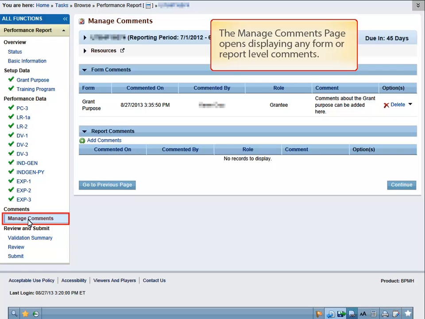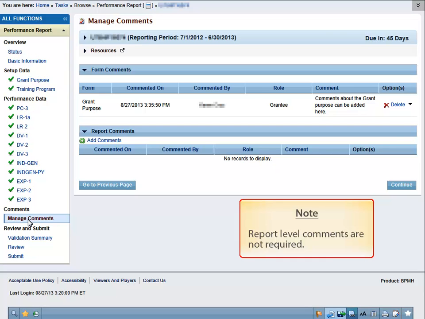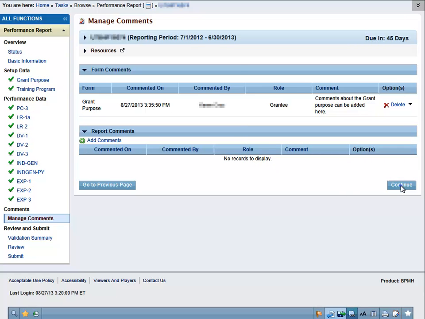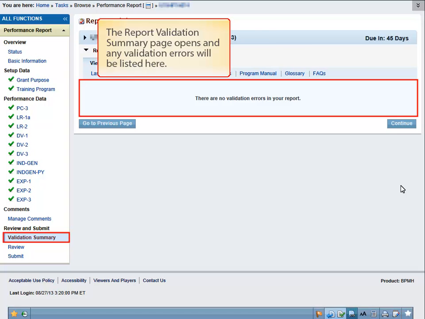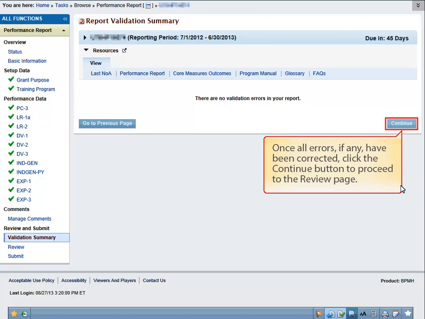The Manage Comments page opens displaying any form or report-level comments. Report-level comments can be added by clicking the Add Comments link. Note: report-level comments are not required. Click the Continue button to save the page and move to the Validation Summary page. The Report Validation Summary page opens and any validation errors will be listed here. Hopefully, there will be none, but if there are, click on the link displayed to go to that form, and fix the error. Once all the errors, if any, have been corrected, click the Continue button to proceed to the